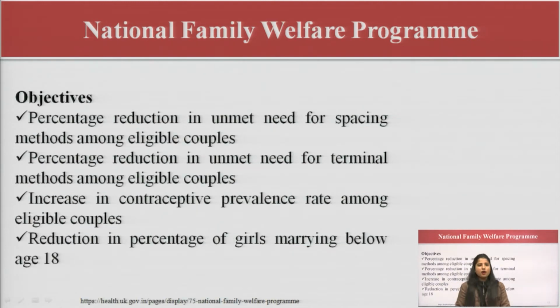Now, see what are the objectives of the National Family Welfare Program, okay. So, what we are trying to achieve from this program is to stabilize the population, okay. On a broad basis we will say, yes, to stabilize the population, to control the population. And how will we achieve it? So, we will achieve it by providing the family planning methods,